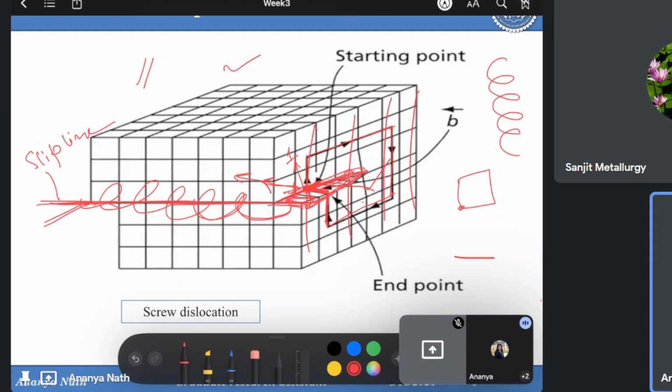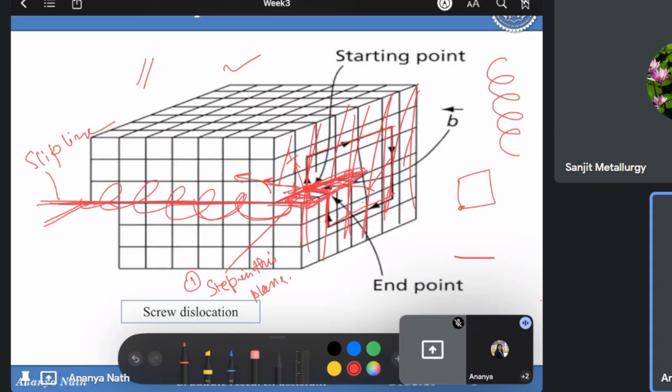So with one step, what will happen, this plane will be demolished, because this whole plane will be parallel. Right now there is a step in this plane. Now if it starts moving, this step will not be present in this plane,